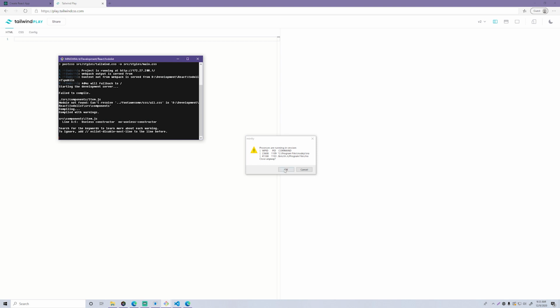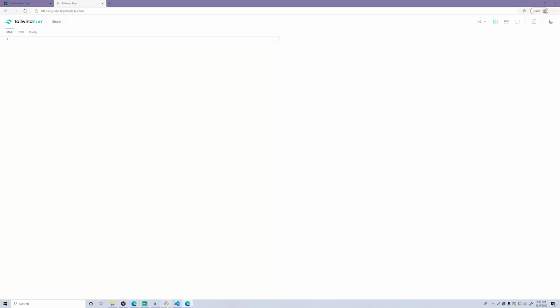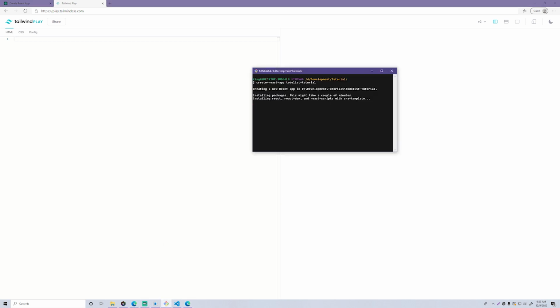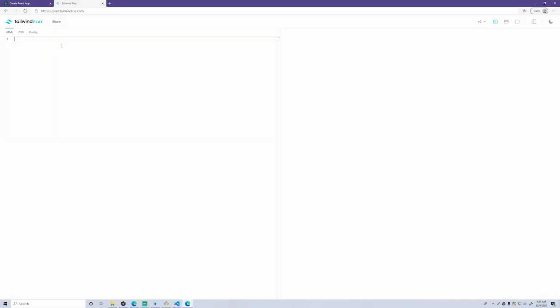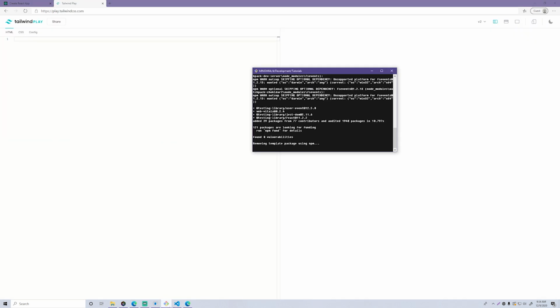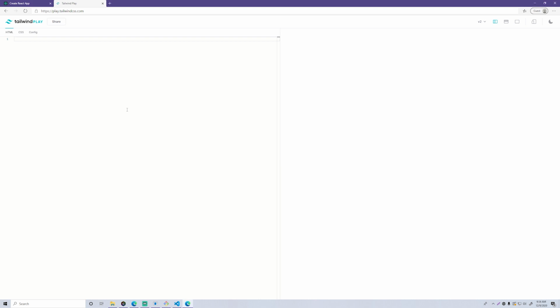Get rid of that. So yeah, it's still building, it looks like. Alright, so let's just get started building this, I guess, since we're waiting for the thing to install. It looks like it's almost done. Let's get started. So we're just going to make a simple div. Let me zoom in for you guys actually, so you can see this better, because my screen's very big, so it may be tricky sometimes to see what I'm doing.